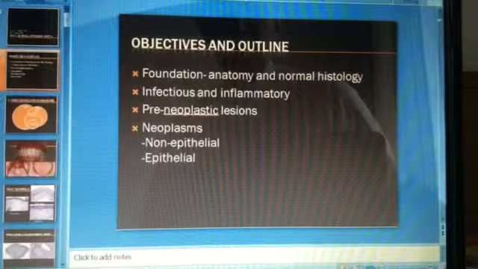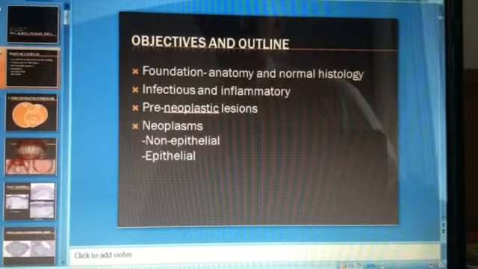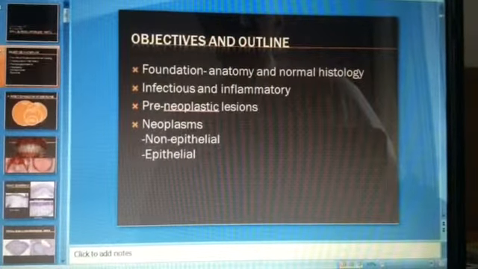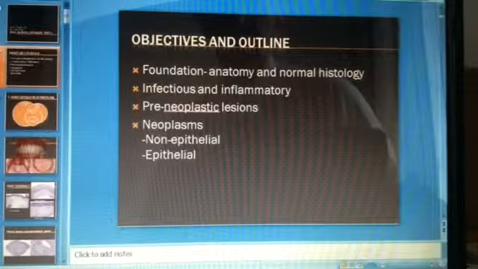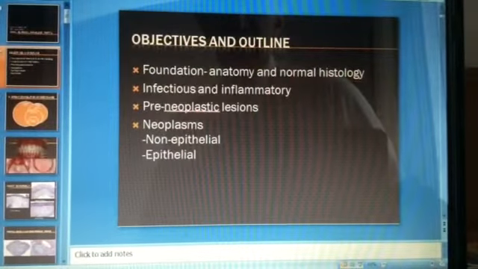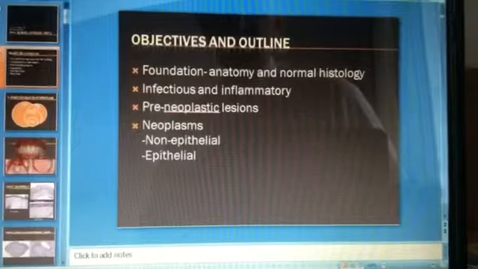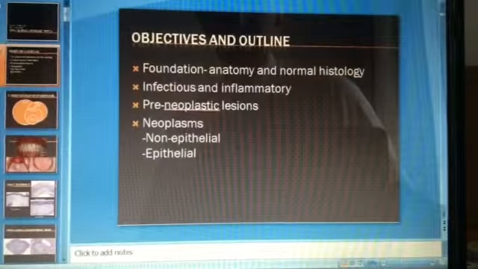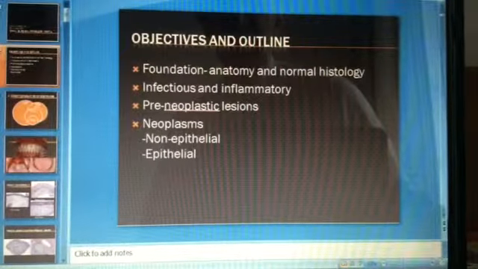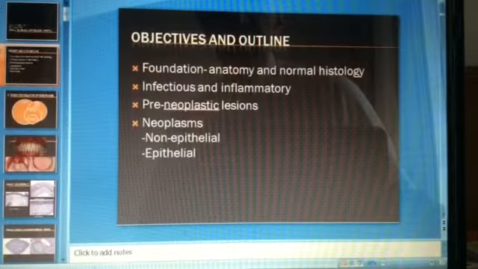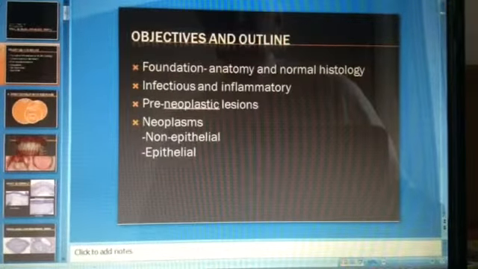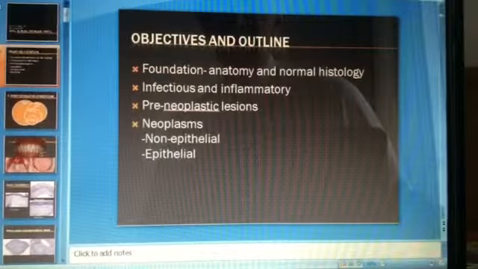Welcome to this lecture on oral surgical pathology. We're going to talk in this particular section about some of the basic histology, anatomy, and nomenclature. We'll talk a little bit about some of the unusual infectious and inflammatory lesions that are encountered here. We won't get too much into the squamous preneoplastic lesions in this lecture, but we will begin to talk about